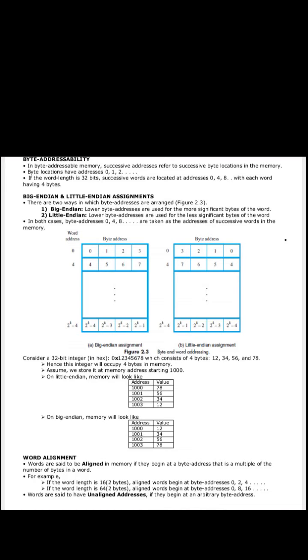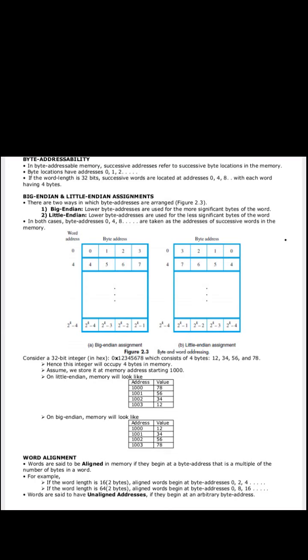Consider a 32-bit integer 0x12345678, which consists of 4 bytes: 12, 34, 56 and 78. Hence, this integer will occupy 4 bytes in memory. Assume we store it starting at memory address 1000.